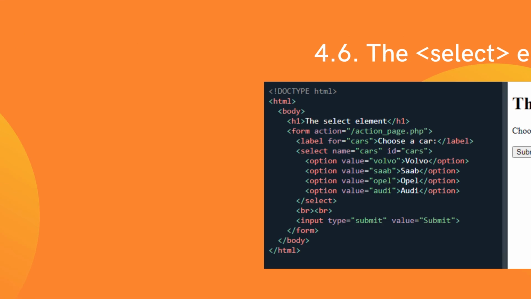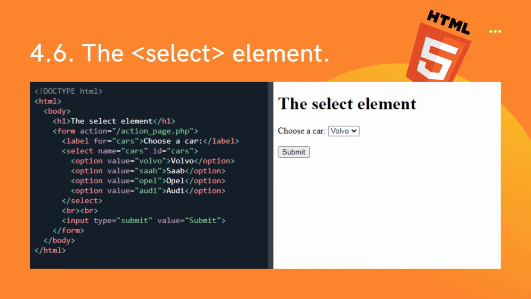Example: the select element defines a drop-down list. The select element is used to create a drop-down list. The option elements inside the select element define the available options in the list. Example: